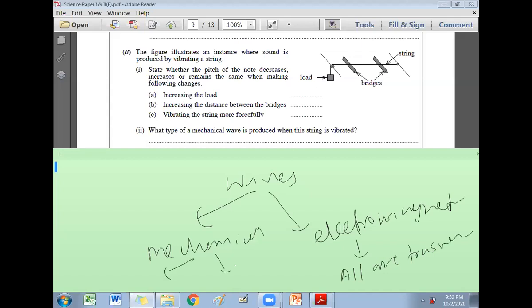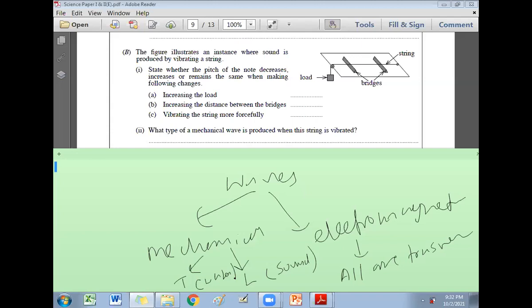Mechanical waves can be both transverse and longitudinal. I put T and L: T for transverse, L for longitudinal. So for mechanical transverse, one of the best examples is water. Mechanical longitudinal, sound. I'll write here within brackets: sound. Mechanical transverse, you can write water. Okay. Now, when you tap these strings, what type of wave is produced? Be careful, they are talking about the wire. When the wire vibrates, what type of wave is produced?